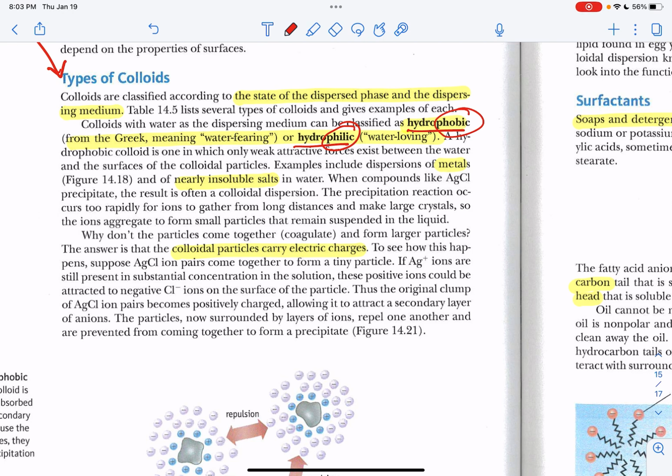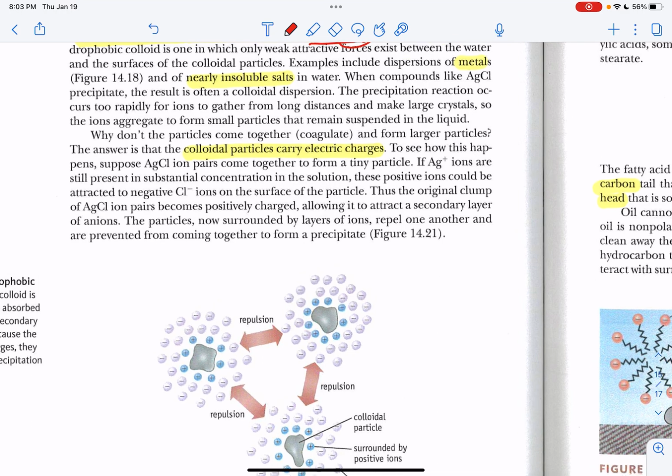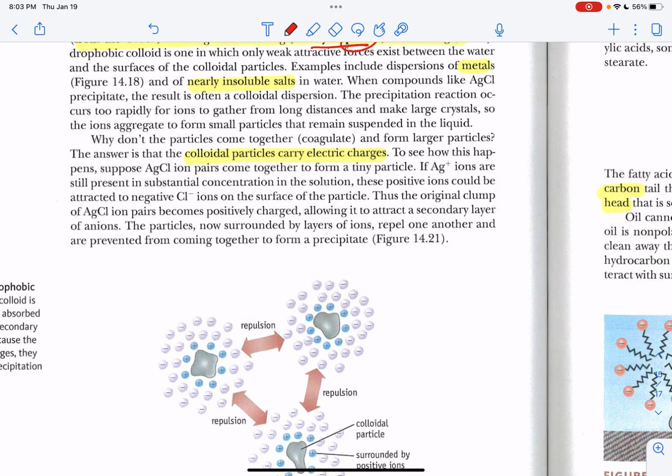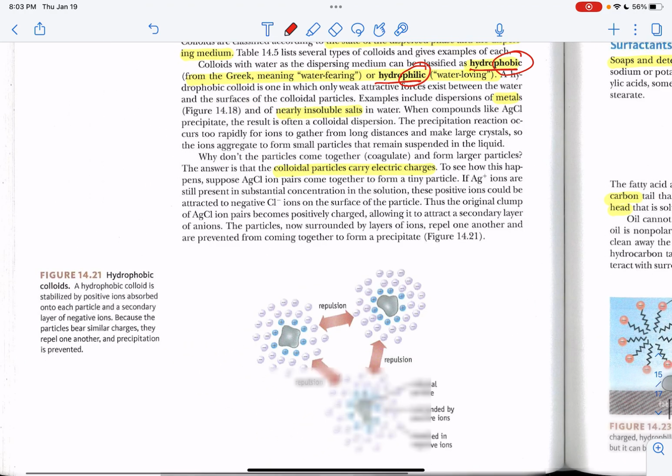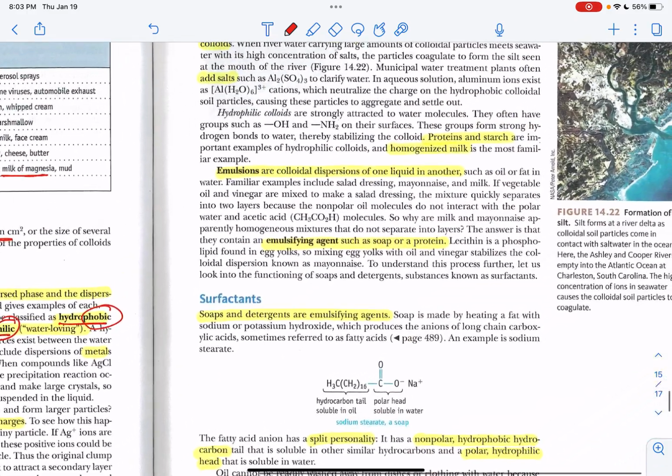Now, some of these molecules can be so large that one end, in a sense, doesn't know what the other end is like. The molecule's so spread out. You can have a molecule that is so big that one end is hydrophobic and the other end is hydrophilic. And that becomes very important when it comes to